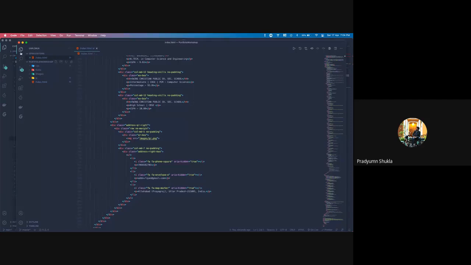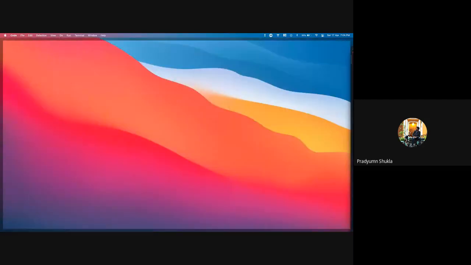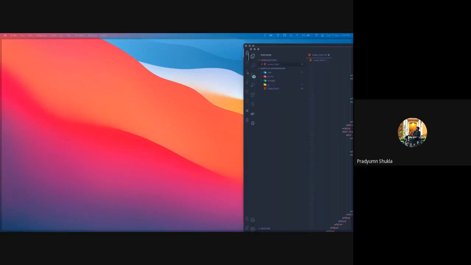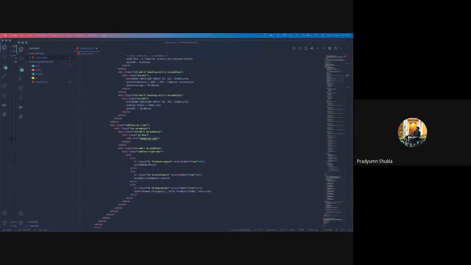So how do I start my own repository? There is a simple command called git init. What git init will do is initialize your repository on your system. So now you can make all the files that you want to make. You can write all the code that you want to write, and then you can execute a command called git add. Okay, git add, what does it do?